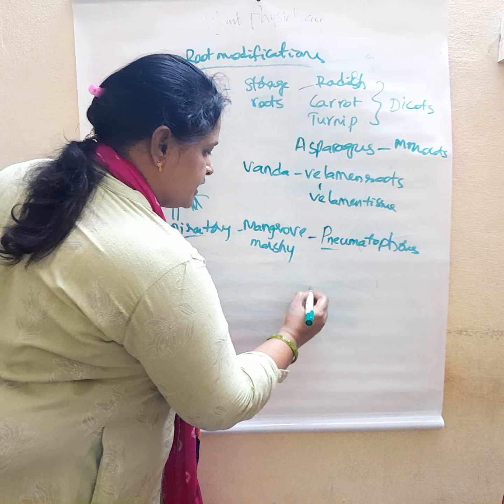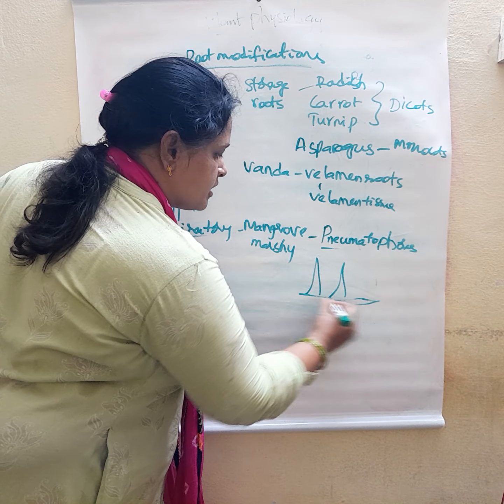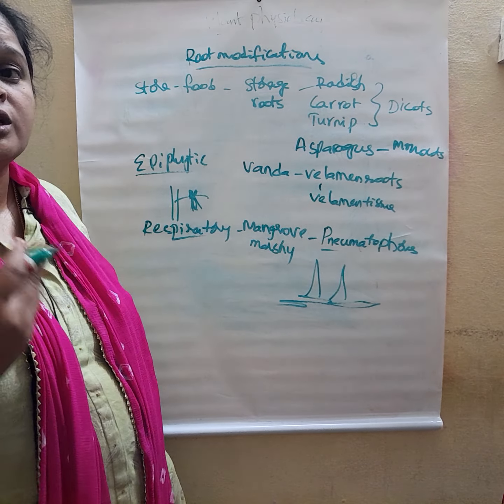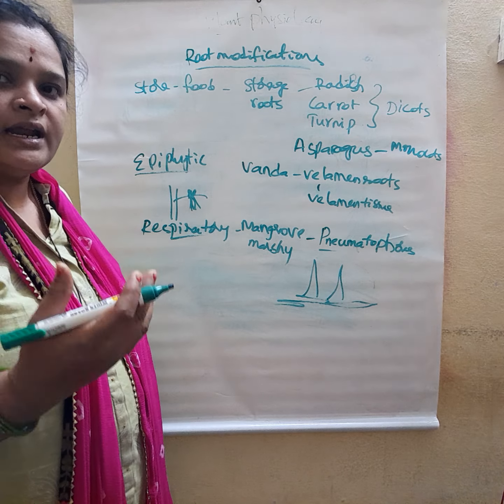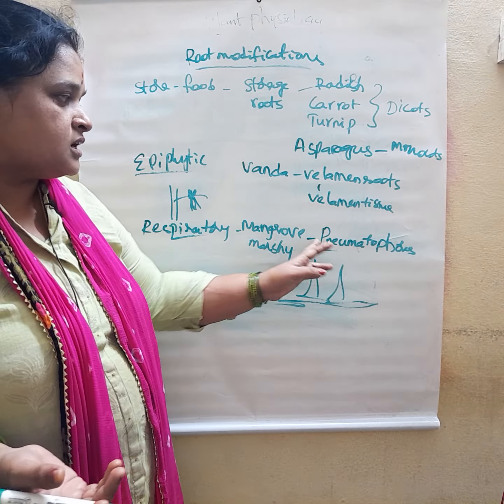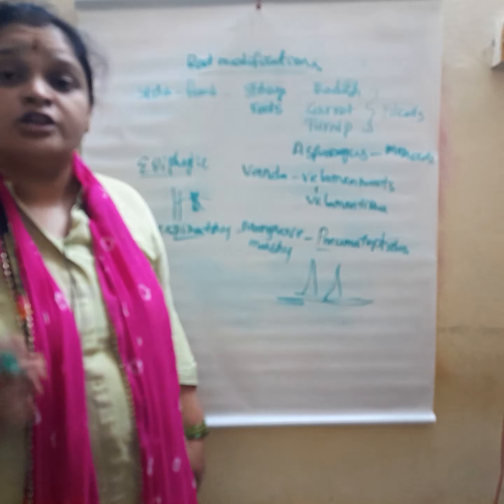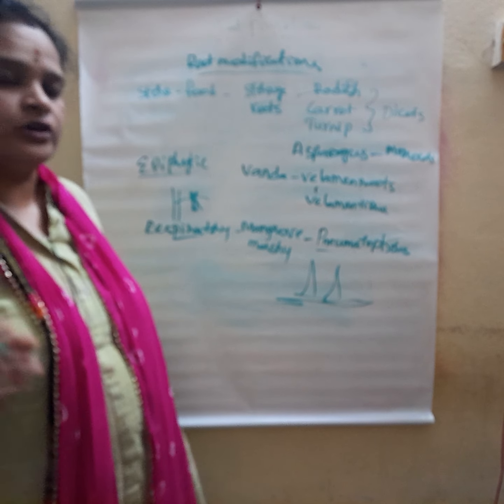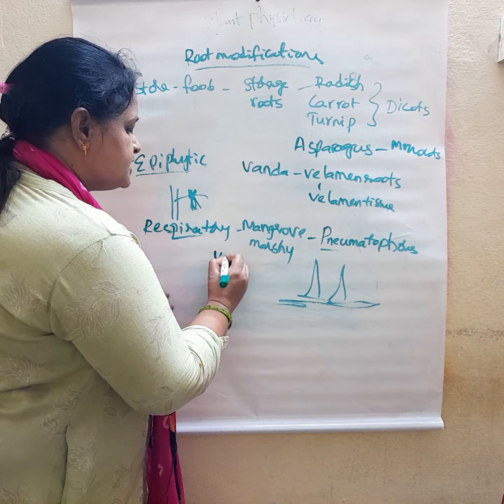They are coming out of the soil to get what? Oxygen. So they are helping respiration. That's why they are called respiratory roots. Special name called pneumatophores. Example is Avicennia